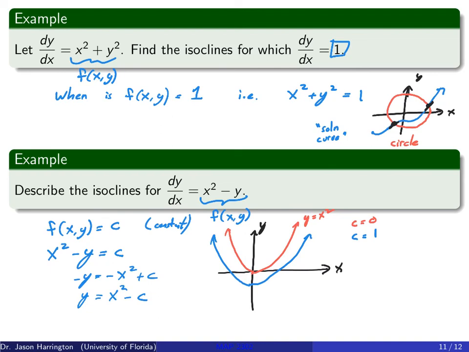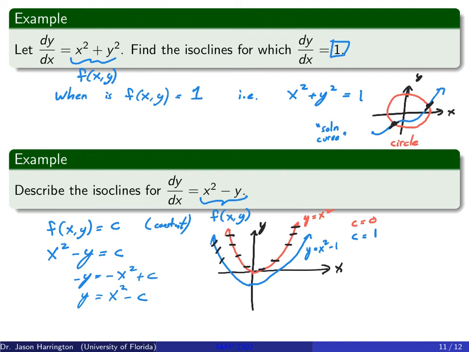Whoops. I'm not very good at drawing. So in that case, every time the solution curve hits that blue curve, then that means that derivative is going to be 1. And so forth and so on. And you can even draw what these things will look like. So when c is 0, if the solution curve ever hits this red curve, that means the slope is 0. If I have c is equal to 1, then I have this blue curve, and everywhere on that blue curve, the slope is going to be 1.